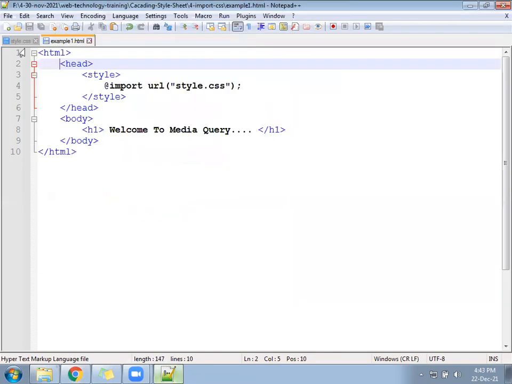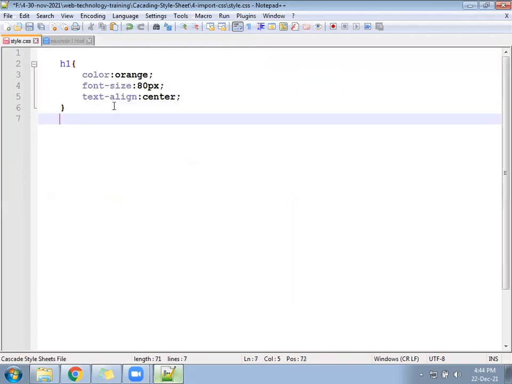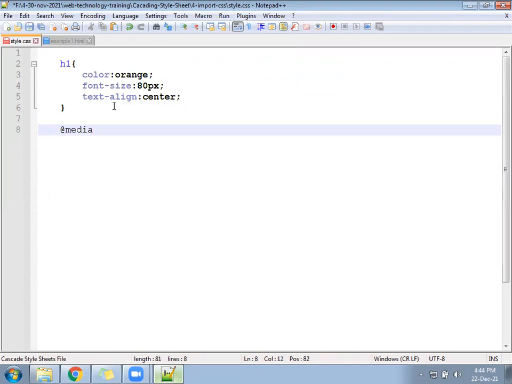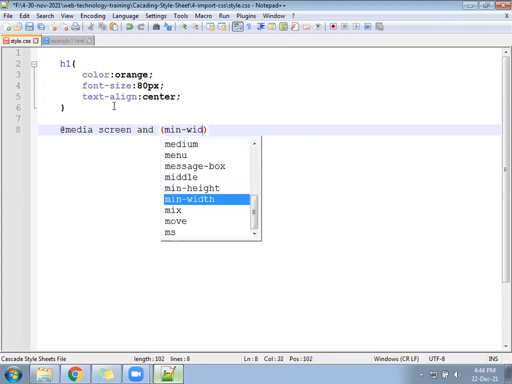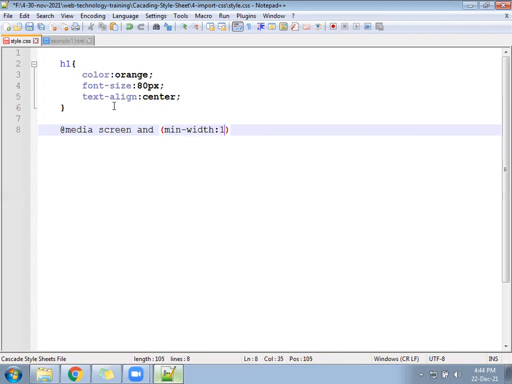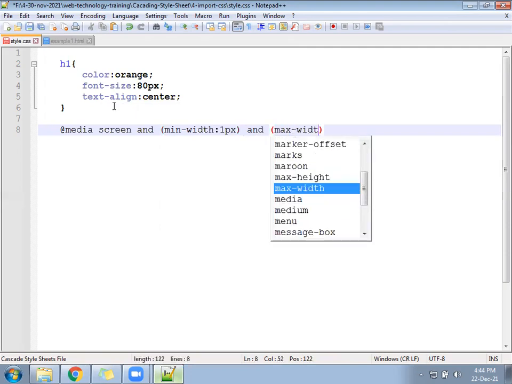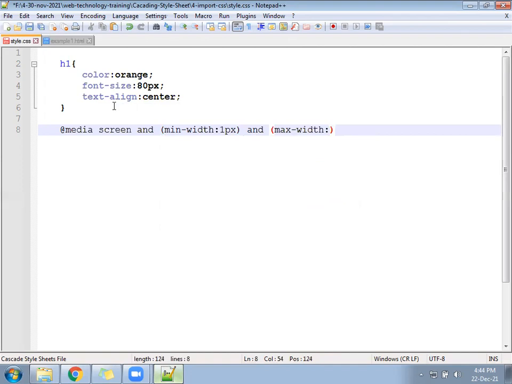Come in the CSS file. Go here and write at this place @media screen and, min-width 1 pixel and max-width, suppose 700 pixel.